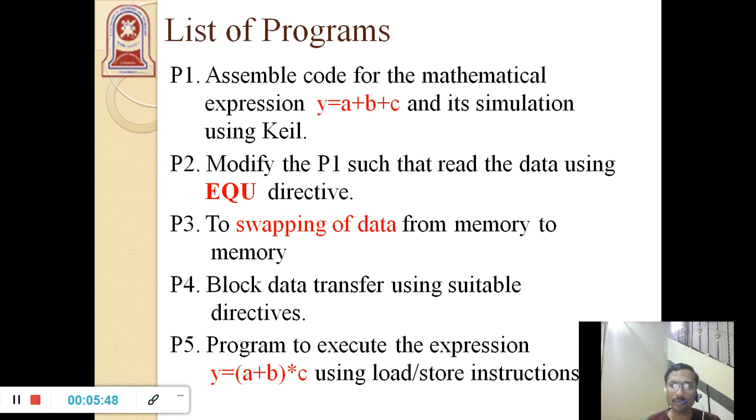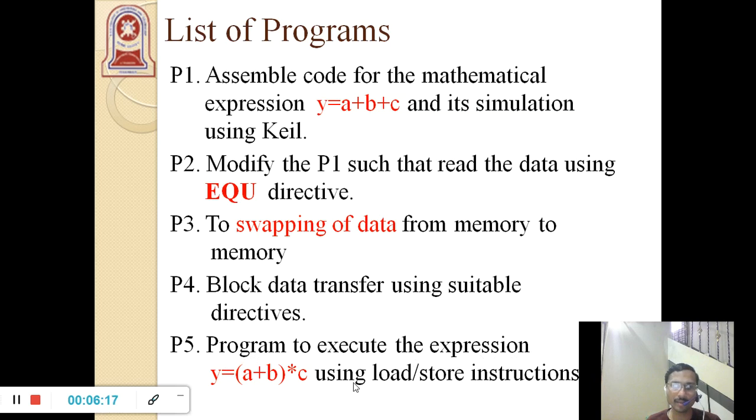So again, your laptop will consist of a memory, and that is what the second memory locations. So that's again a very good real-time example to give for block data transfer.